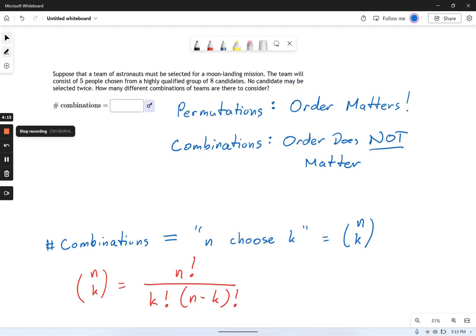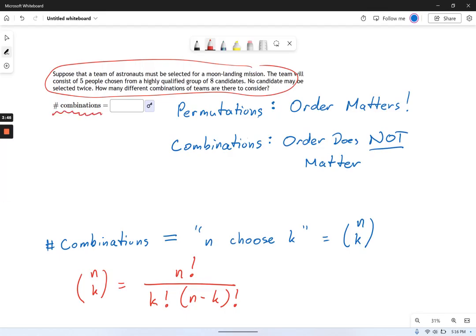As an example, in this one, we've got a team of astronauts. Let's say you choose your 5 astronauts. Does it matter how they sit from left to right in the ship when they're blasting off to the moon? It doesn't matter at all. You've got Susie, Bob, and so on, and it doesn't matter if it's Susie, Bob, or Bob, Susie. It's still the same number of astronauts, still the same people sitting in the ship. So what we're dealing with here is a combination, and they made that very clear by phrasing this as the number of combinations.